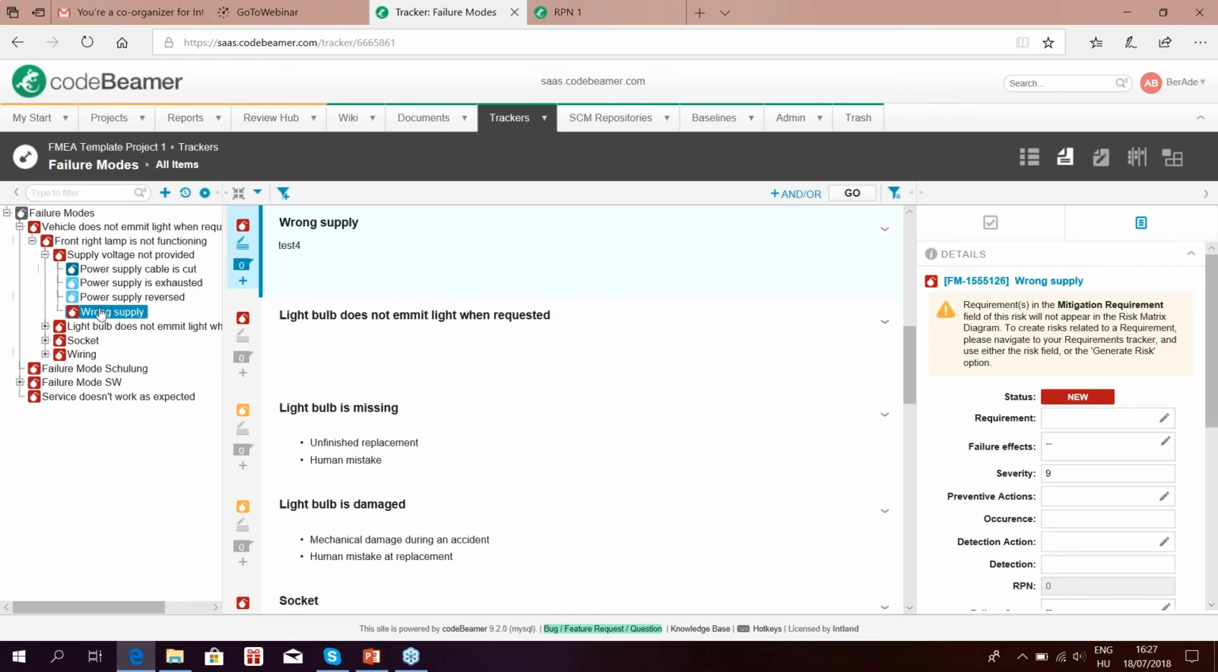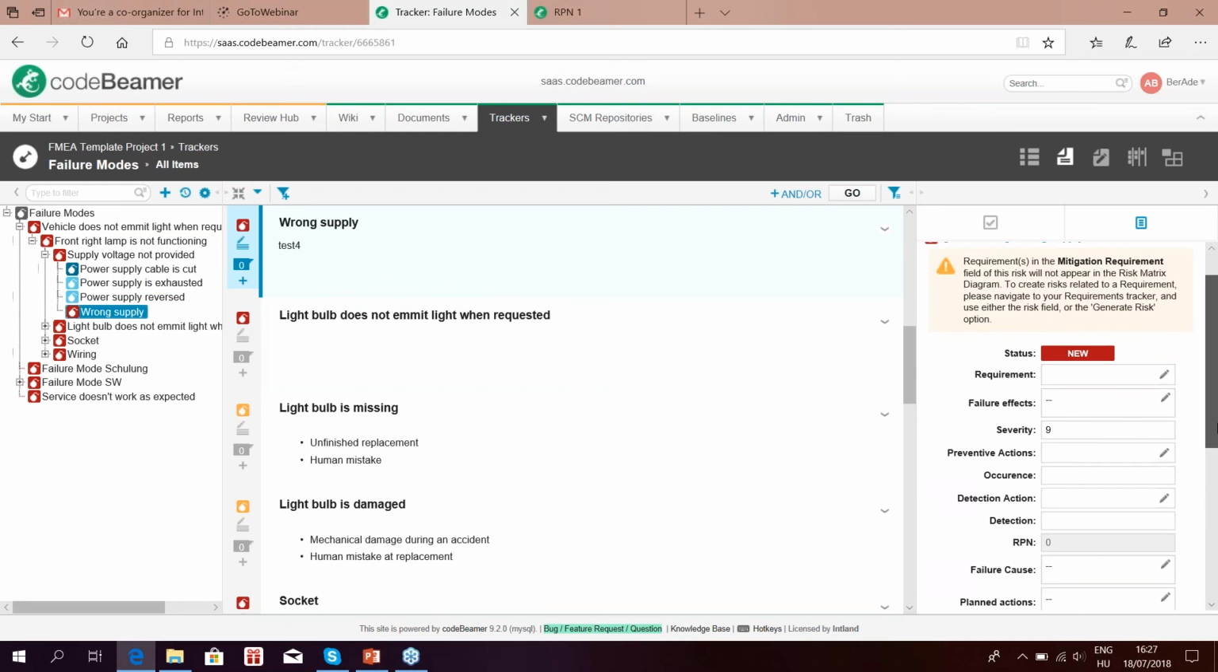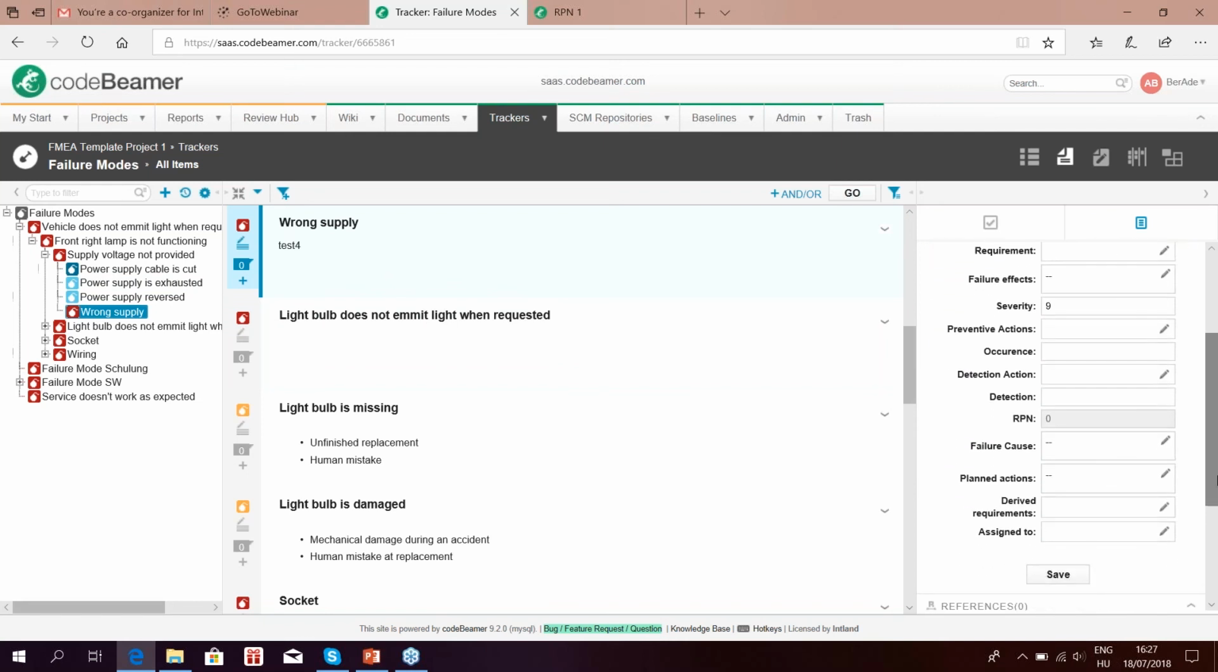It's just test 4 just to have something written. And when I save it, then I see that it's blank, but the severity was inherited. It comes from the methodology. If for some reason I figure out that